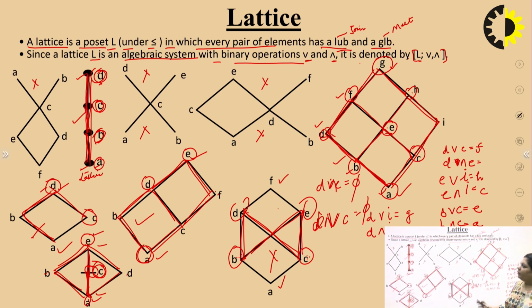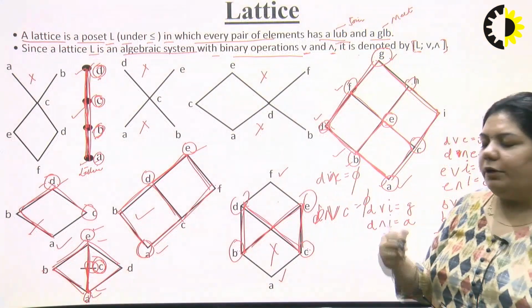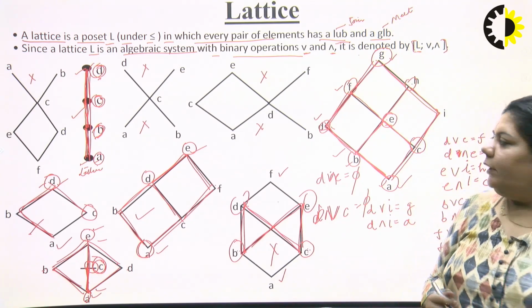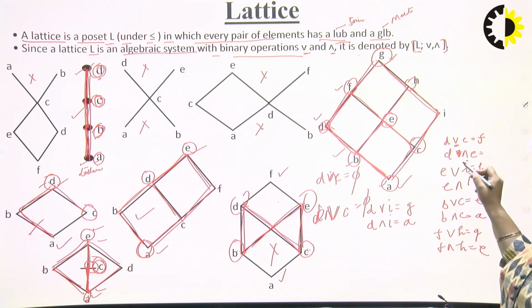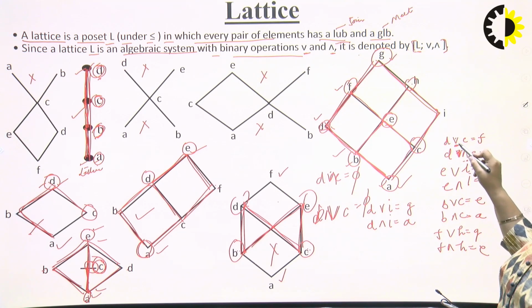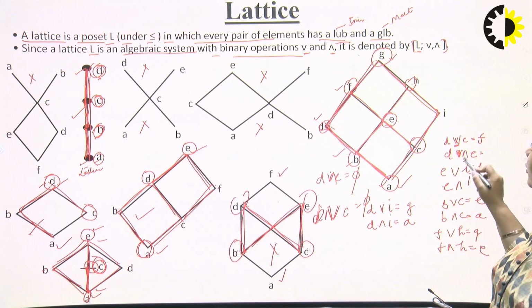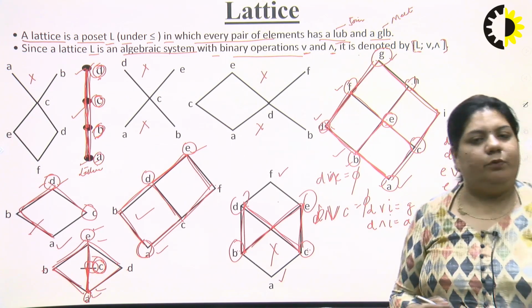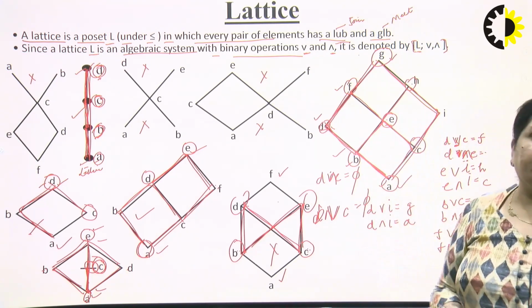So, this is all about what is a lattice, and how we can check from a given Hasse diagram whether it is a lattice or not. What we have to search? We have to search for each and every pair of elements that there should exist a meet and join for them. If for each and every pair of elements we are able to find the meet and join, then we call it a lattice. How can we write them? By using two binary operators. For join, we use the OR operator, and for meet, we use the AND operator. And by denoting what element will exist for them, we can predict whether it could be a lattice or not.